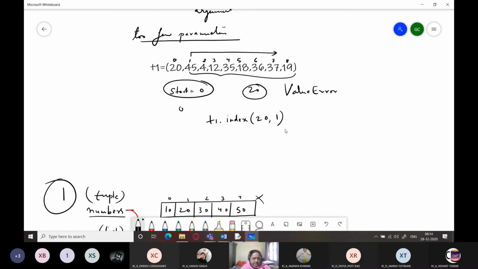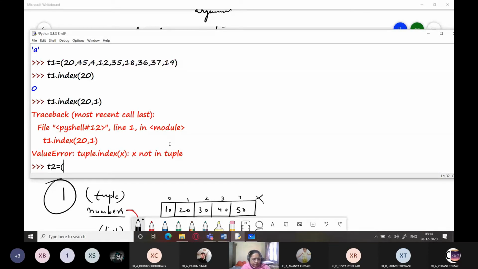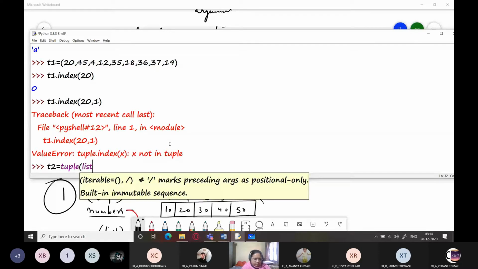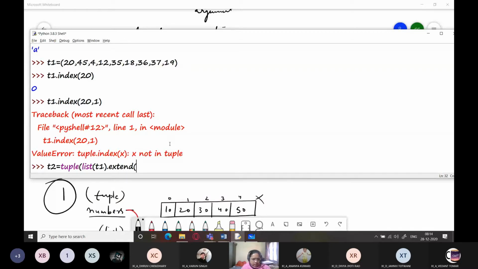Like if I create a tuple t2, I just gave some values here.